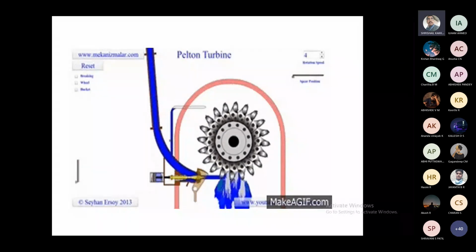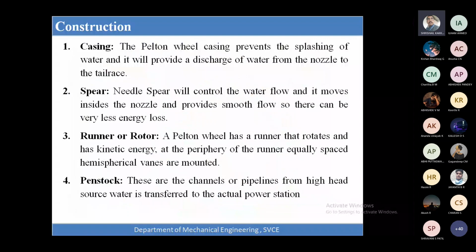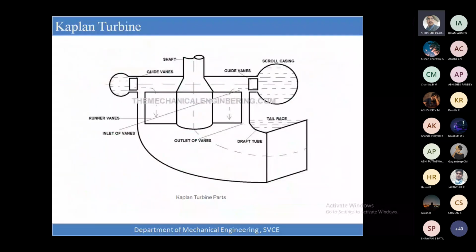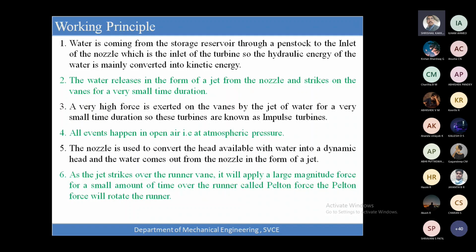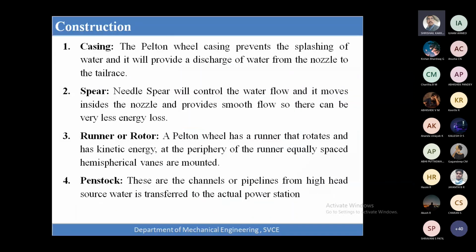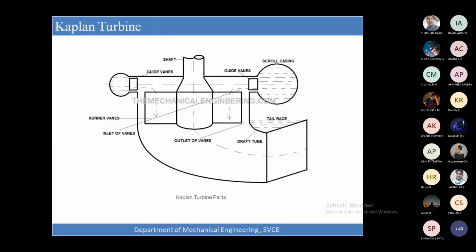Okay, we understood the Pelton turbine. This is what I have written here. Now, let me try to understand the Kaplan turbine. The Kaplan turbine looks very simple. You can see here, the positioning of this Kaplan turbine will be vertical. In the previous case, you can see that it was horizontal. The shaft will be parallel to the earth, and here the shaft will be perpendicular to the earth, that is, perpendicular to the ground. So it will be in